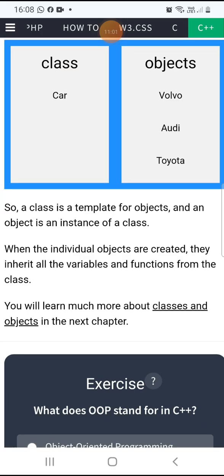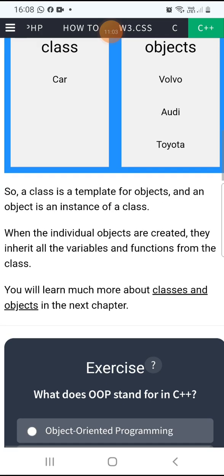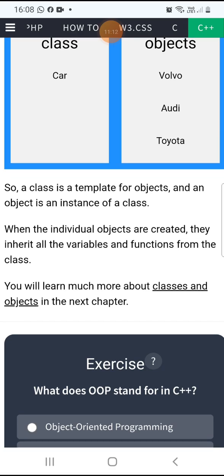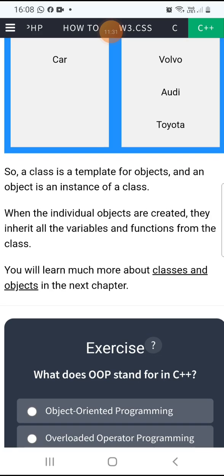So you simply understand that a class is a template. It is a predefined model to create the objects. Suppose I want to construct a bridge. Before that I will design a model. By that model I can build a lot of bridges. So that model, that design template, otherwise a blueprint, is called a class, to create the objects.